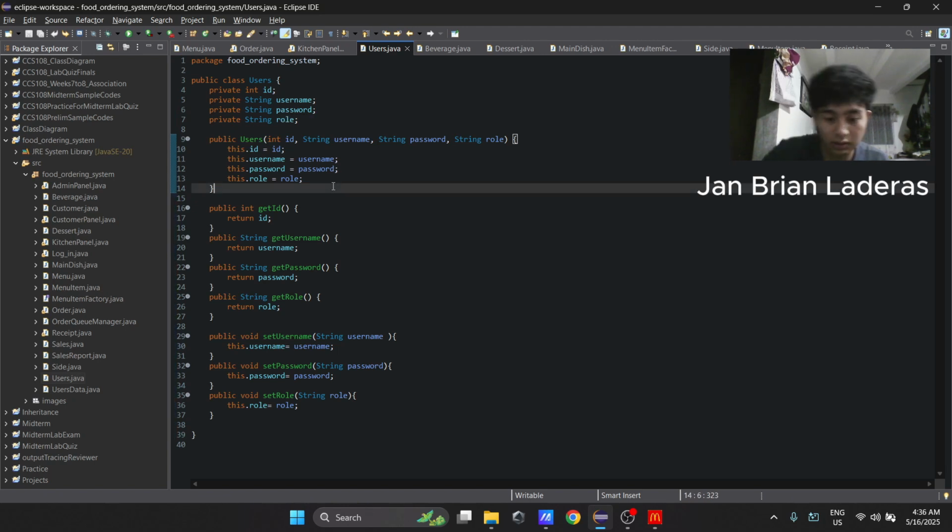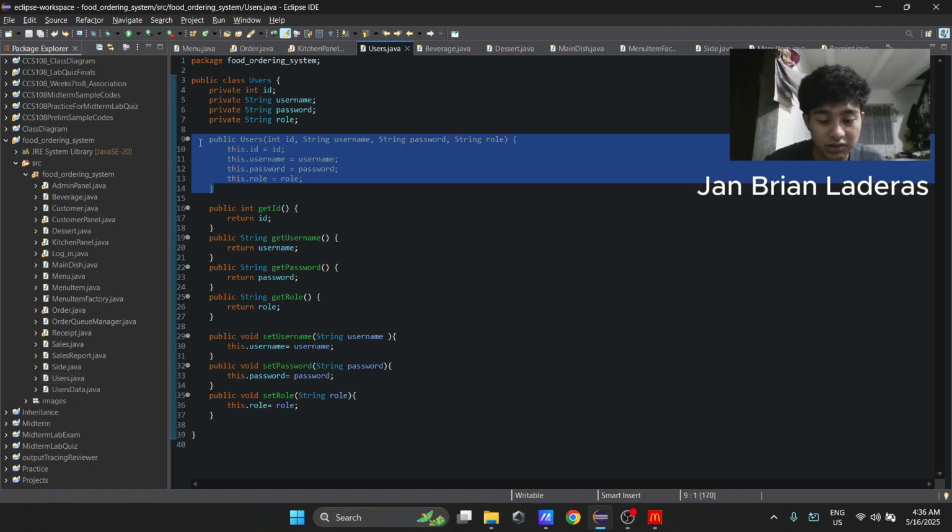Now the public users. This part is the constructor header, whose parameters arrive from the admin add user form. It copies the incoming ID into the private field.